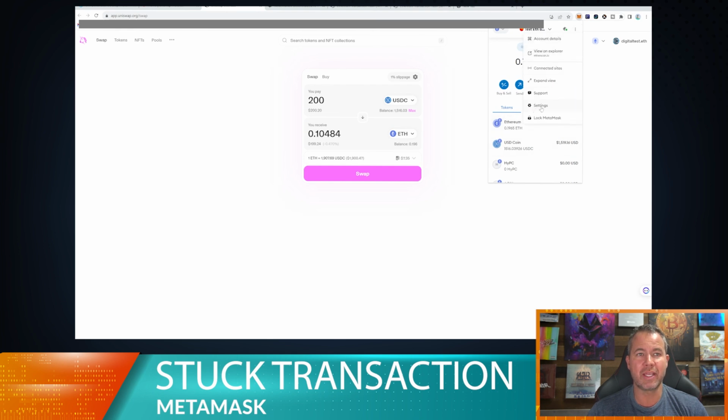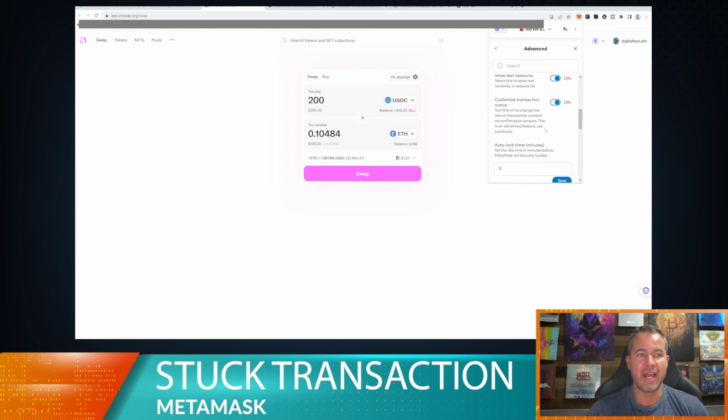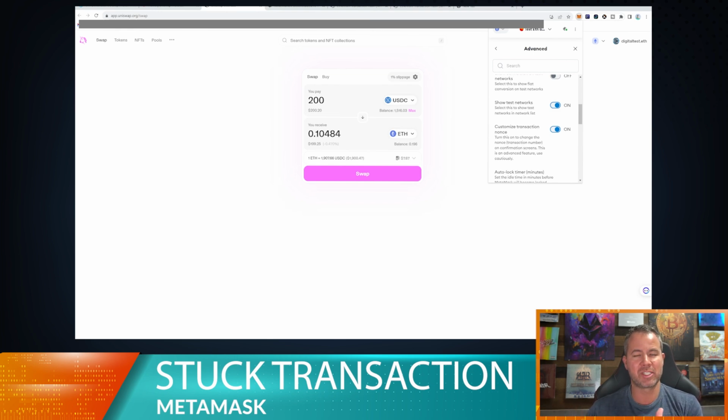And we're gonna go right here to the advanced settings, scroll down, and as you can see, there's a button right here that says customize transaction nonce. We're gonna go ahead and turn that on. What that's gonna allow us to do is select the nonce, which is basically just a transaction number in your MetaMask wallet. We started at 1, and as you do more and more transactions, it builds up. So the second transaction is 2, 3, 4, 5, 6. Anyway, so this will show us the nonce,